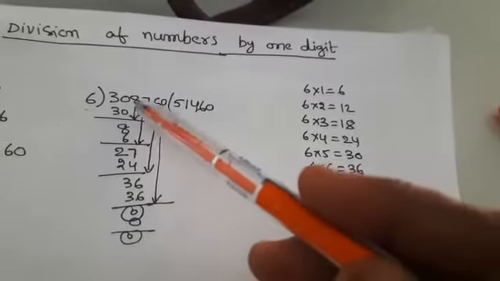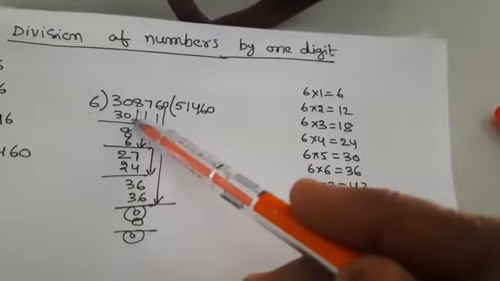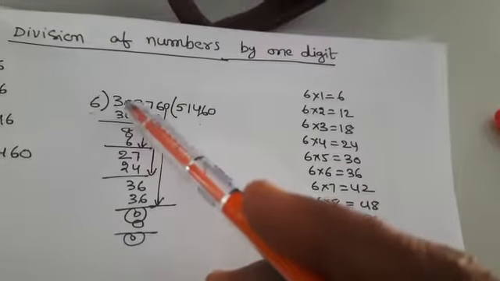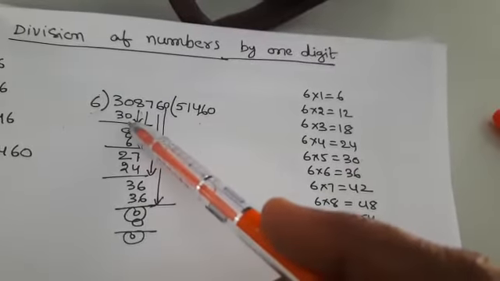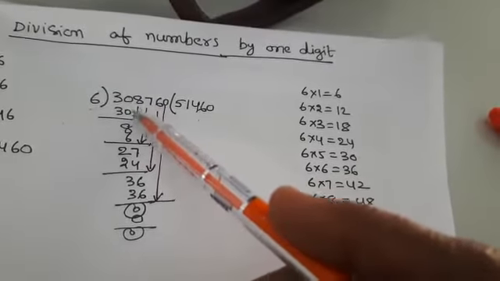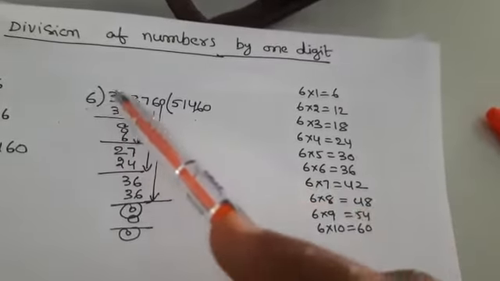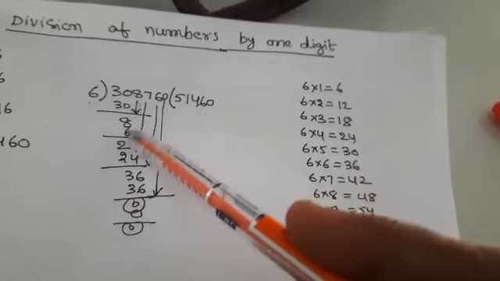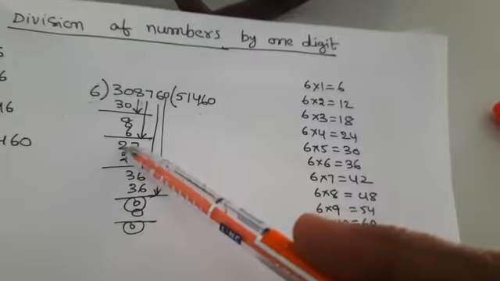Then each time you have to bring down only one digit. One condition is that you take a number less than this number, and each time you bring down only one digit. These conditions you have to remember. So here 6 5s are 30, finish. Next is 6 1s are 6. After that you subtract, and you will get 8 minus 6 is 2.